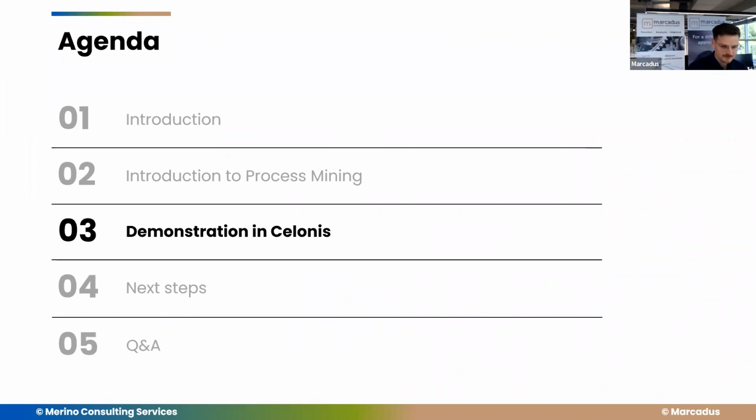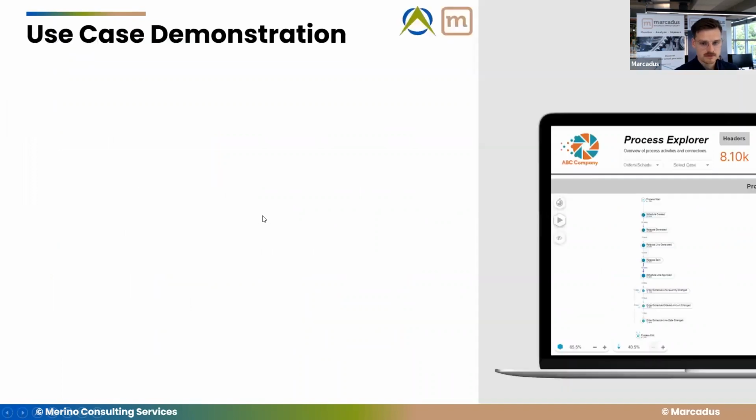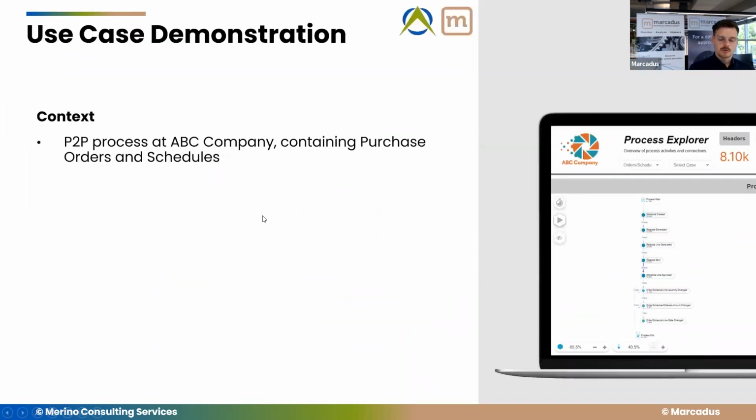Well, thank you very much, and welcome everybody to the demonstration that we will give today in Celonis. So first of all, a little bit of the background of the demonstration that I will give you. What we're doing is we show you a process at our company, ABC Company. It's a purchase to pay process, and this process contains purchase orders and purchase schedules. It's based on a real data set that we used in one of our